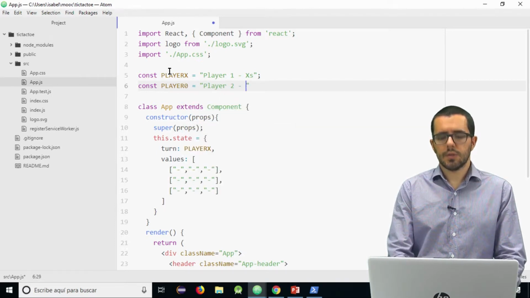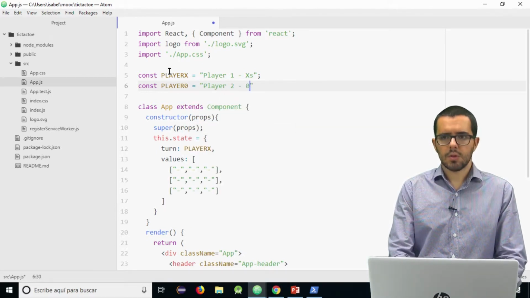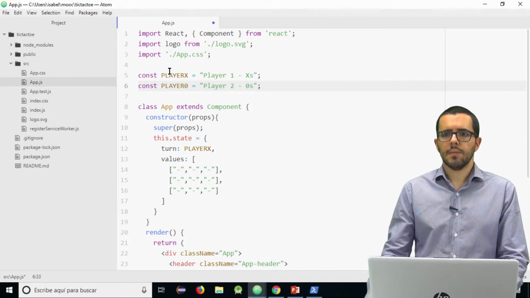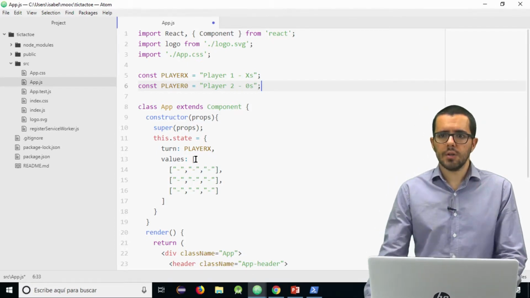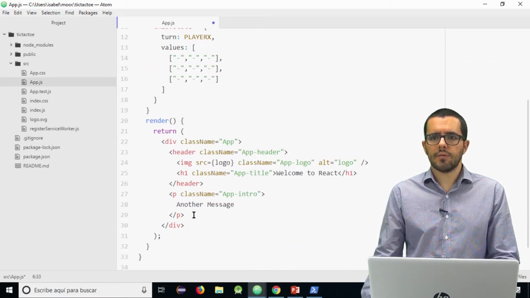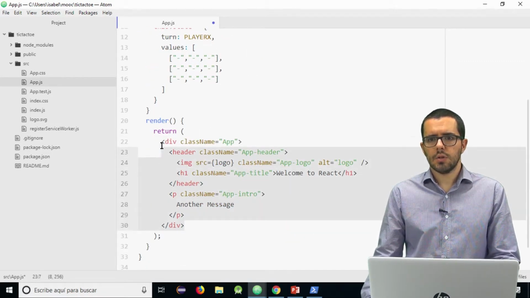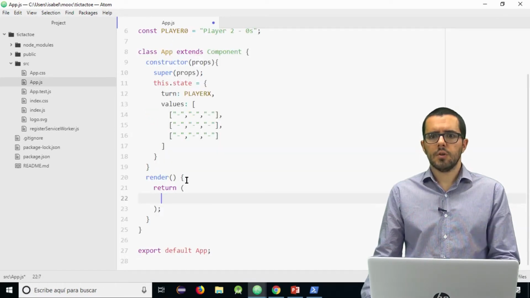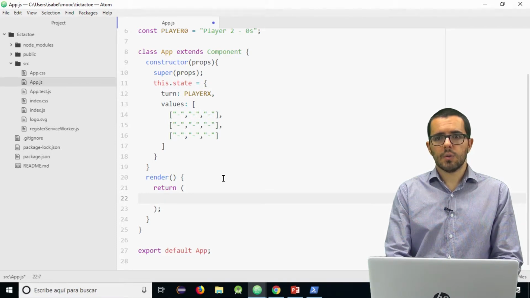So player 2, for example, 0. Perfect. Now we have the constructor with the initial state and the two constants. We have to remove the default content that this component renders and return what we want to render.